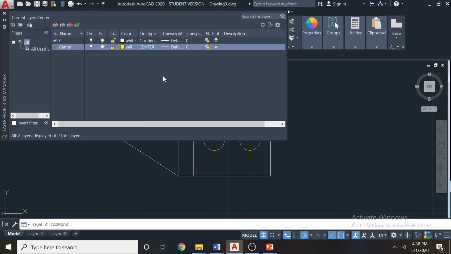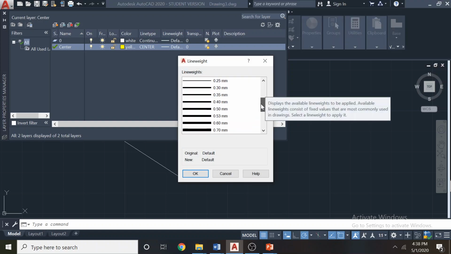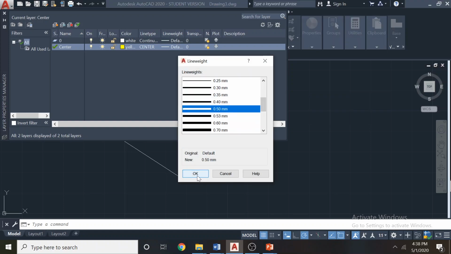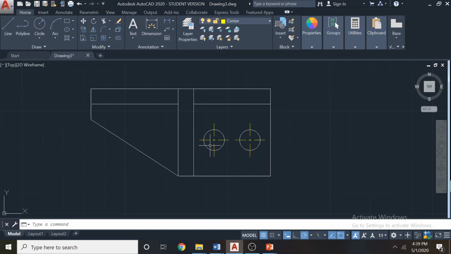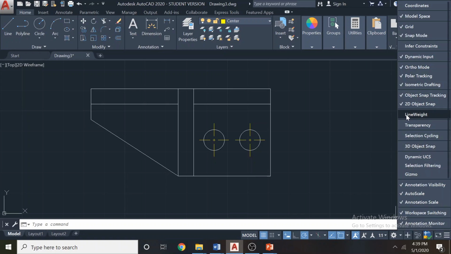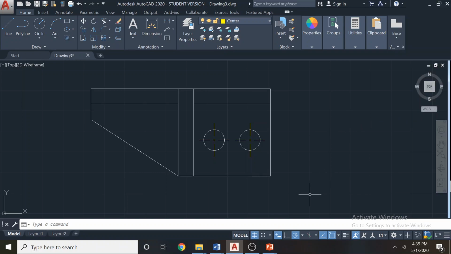And there's another one called line weight here. You can increase the thickness. Now if you come here and give a value like 0.5, so if you want to get thicker lines, get a value like 0.5 millimeters. Press OK. Now this will be thick, but you will not see that difference straightaway. So the reason is you have to turn the line weight button on. There's a tool called line weights, and still the line weight is not on. So this is the line weight button.